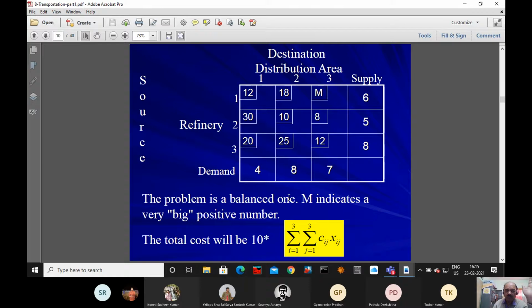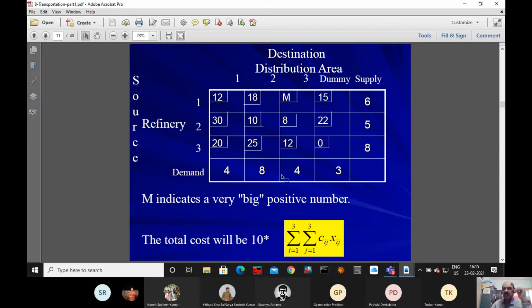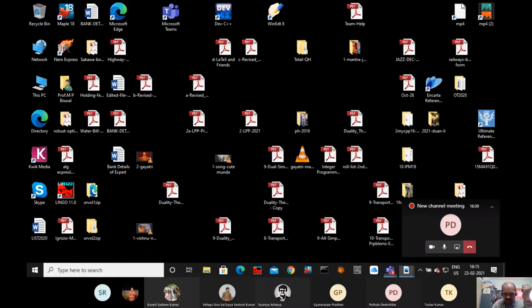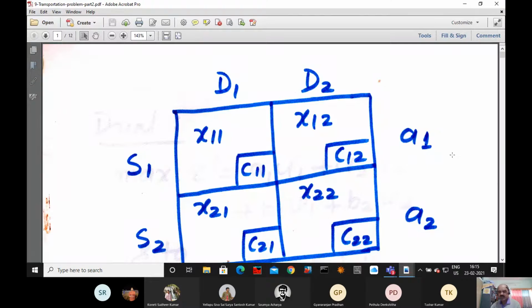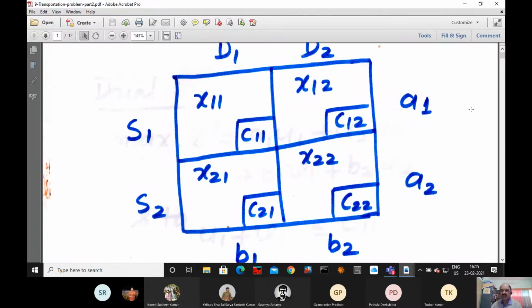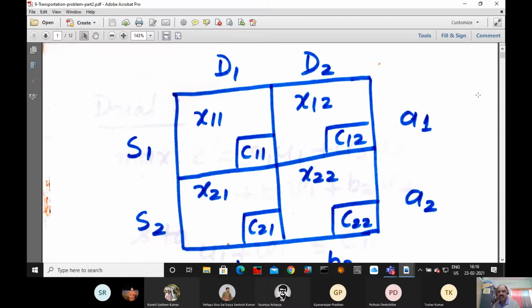So we will not talk about how to solve this problem now. I would like to explain using some numerical examples. Numerical in the sense that maybe I will consider a transportation matrix of size 2 by 2 or 2 by 3, and we will discuss that. Okay, so I'm coming to this example here. This is a small transportation problem. There are two sources, S1, S2. Sources means our factories, and two destinations, the marketplaces, D1, D2.